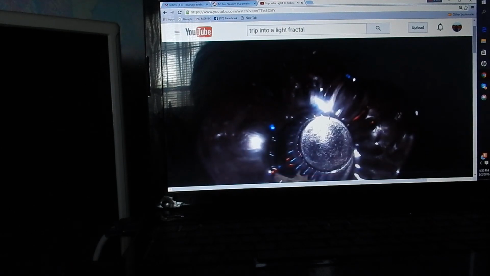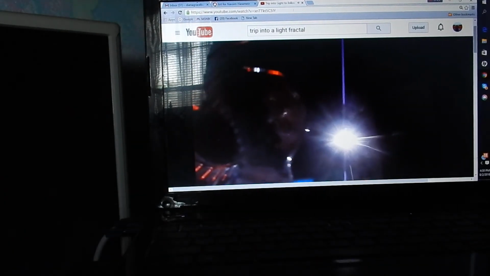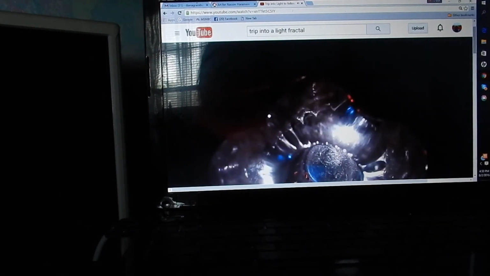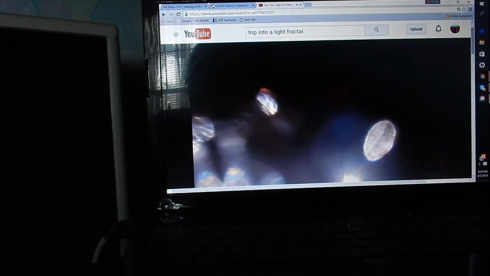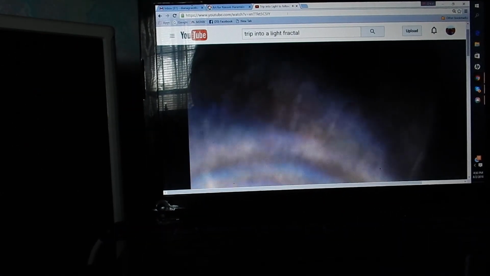Okay, there you go. This is where I zoom out, and you see it's just a little glass candlestick holder, and there's my LED light in the background. And then now I zoom back in on the shiny spot on the glass. That is where these are. We need to be looking into things that shine because that's a concentration of light, and light is what we are. Everything is light,